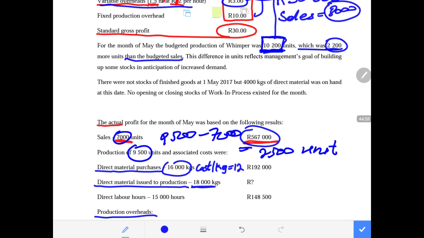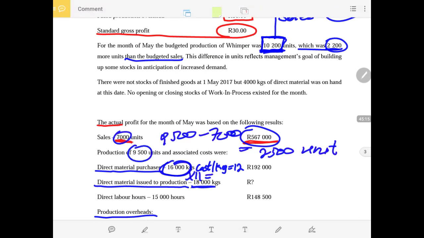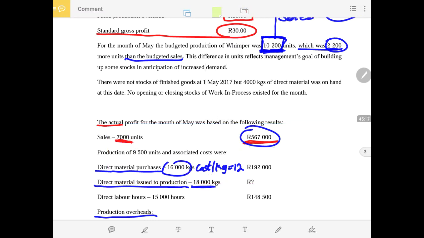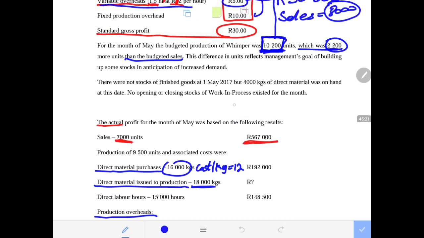We are calculating the cost of production. Material used was 16,000 and we multiply this by 11, so that is what was used. Then let me bring my attention now to the mistake that I made previously when it comes to material